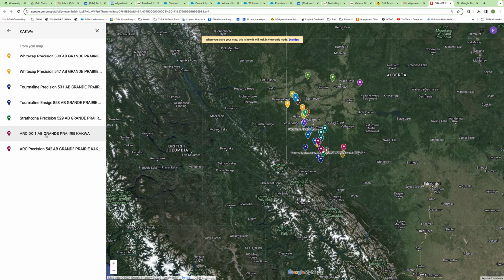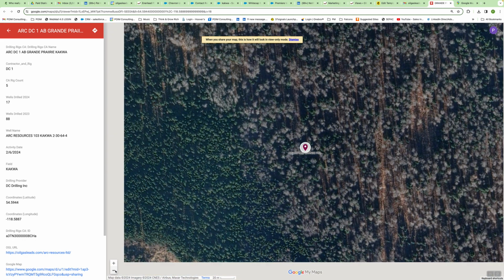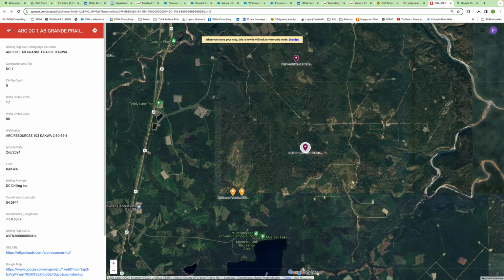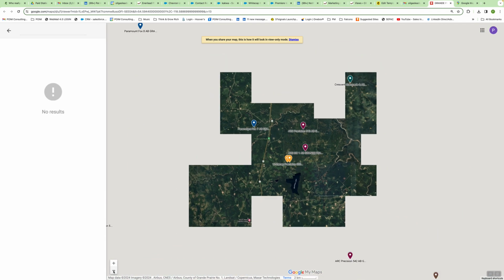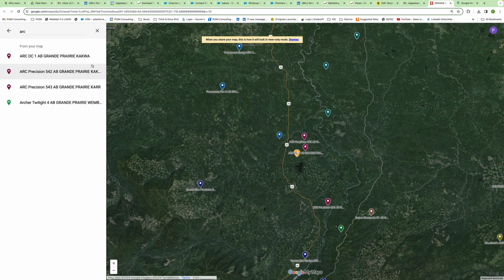And now I have 7 different organizations drilling into that. I might be interested in ARC, and then I can drill in and take a closer look at ARC, maybe zoom out again, so on and so forth. I can also do my search on my map and, let's back out of it a bit. I'm going to take a look at ARC specifically, and there are the rigs that ARC happens to be using,